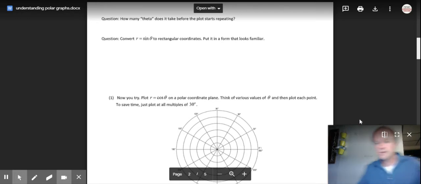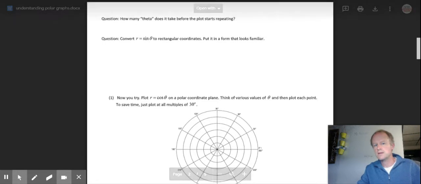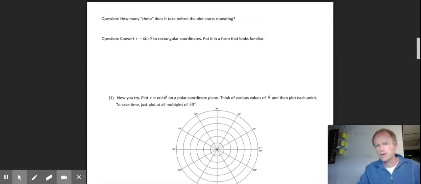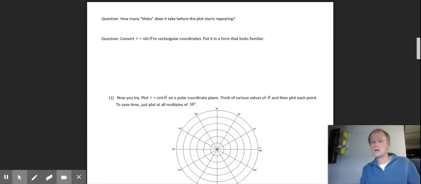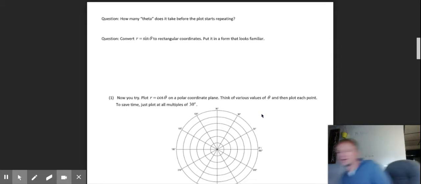All right, in this second video, we're going to talk through this question: convert r equals sine of theta to rectangular coordinates. There are some key ideas we should talk about before we walk through all of this. Last week, we talked about some basics of polar graphing. One of the things that we talked about was with polar graphing,